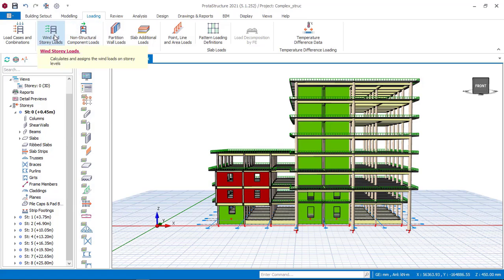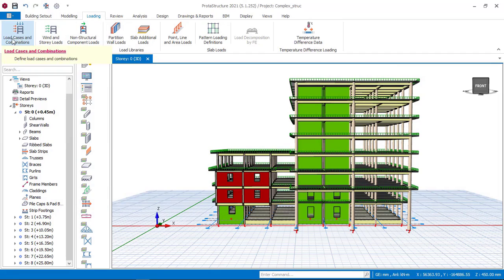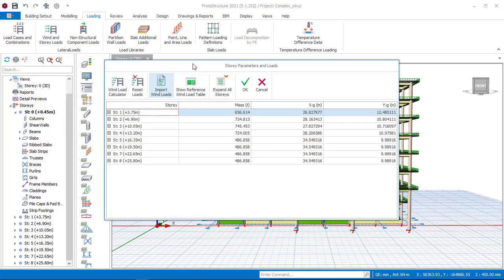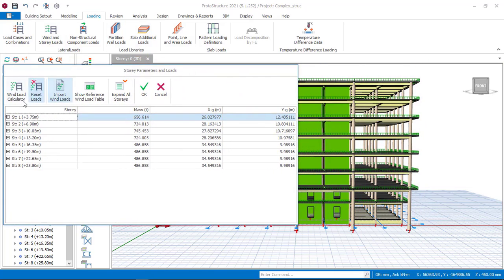So you now click on the wind load to define your wind speeds. Once you are done with your load cases and combinations, click on wind load and story loads. A dialog box appears, as you can see here. Now, on this dialog box, the next thing you do is to click on